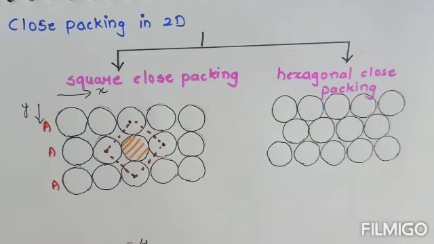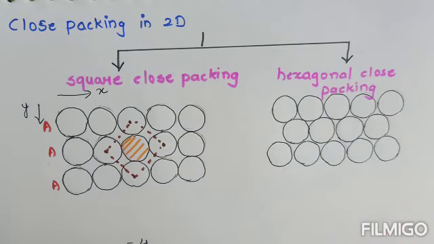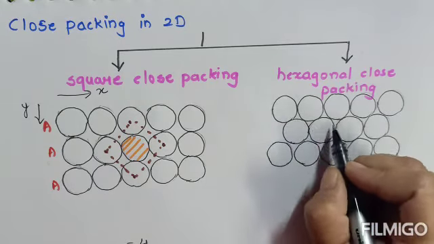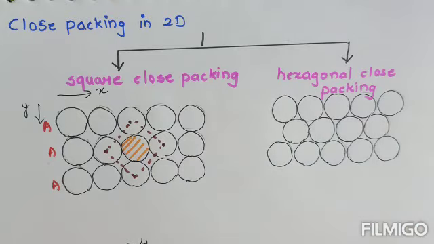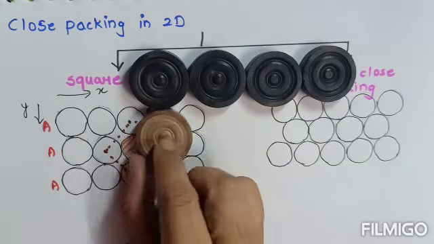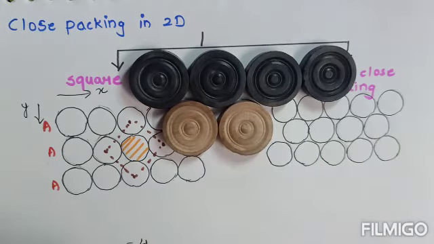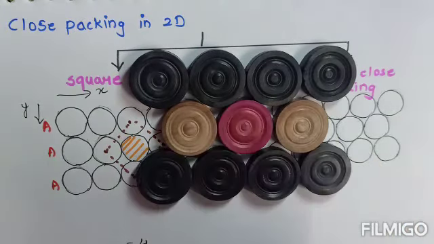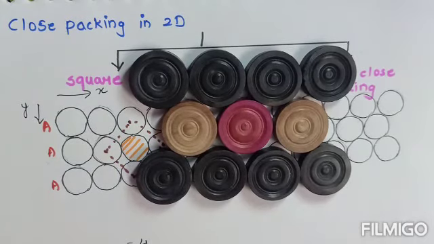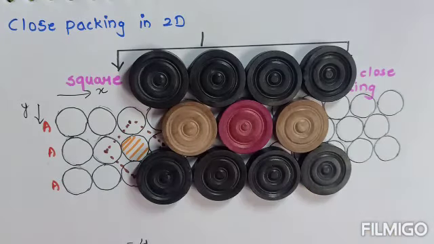Now there is one more way of arranging the particles in the second layer. When we have arranged the first layer along the x-axis, when arranging the second layer, we can place the particles in between the space of the above two, and that will give a different type of arrangement. So this is the first layer. Now the second layer, instead of placing just below it, we will put between the space of two constituent particles. So this is how overall it will look. The second layer of the constituent particles will be arranged between the spaces of the first layer.